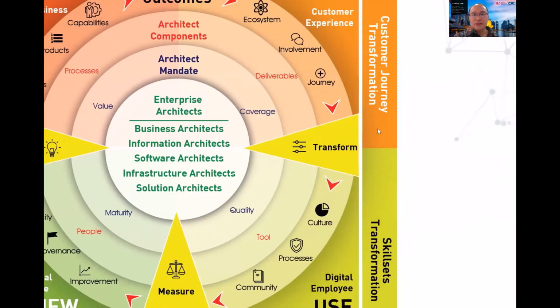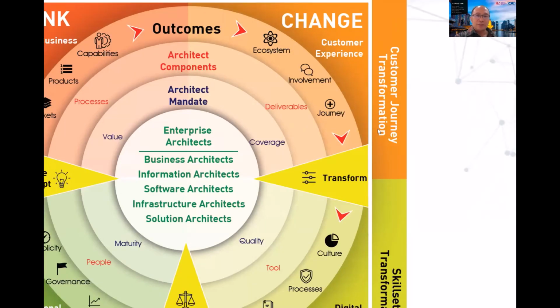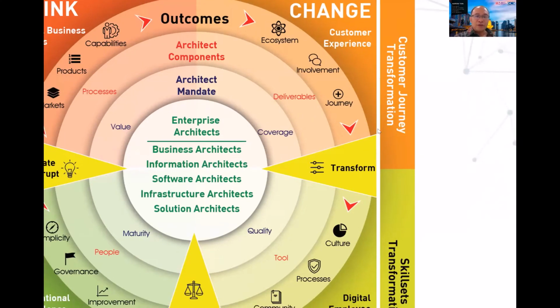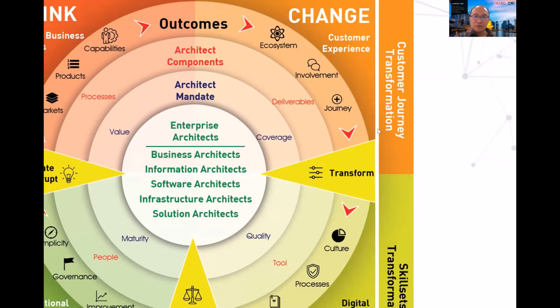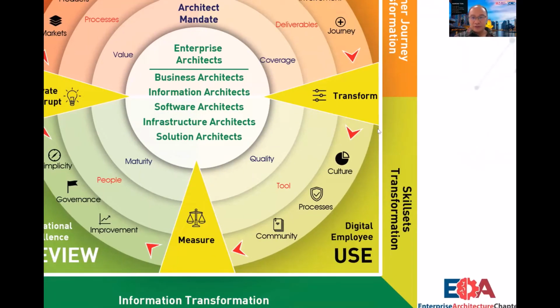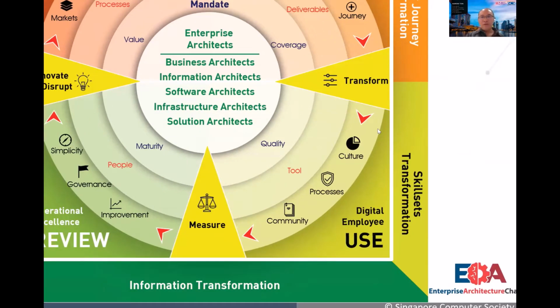Then of course, customer journey transformation, where we want to ensure that our customers are happy, right? So what sort of innovation or technology or capability do we need to add on so that our customers stay with us for many years to come. And of course, our skill set is also very, very important. We need to bring the employees in the organization to become a digital workforce. That's skill set transformation. And the bottom part is information, which is also very, very important, because the tendency is that we have the data in our enterprise, but we don't know how to use it. So basically, the usability of the data is very weak for decision making.